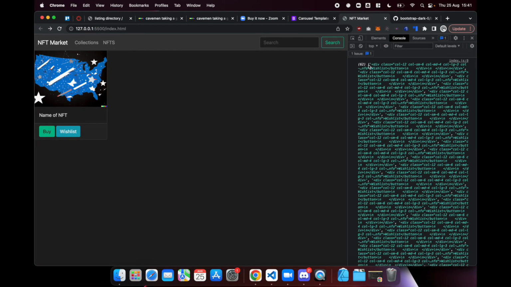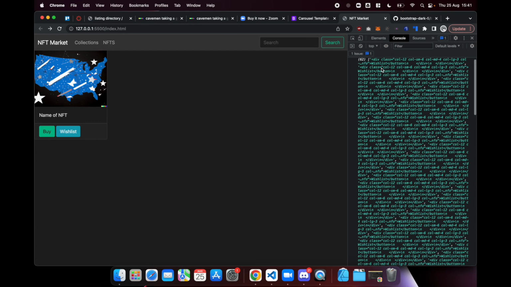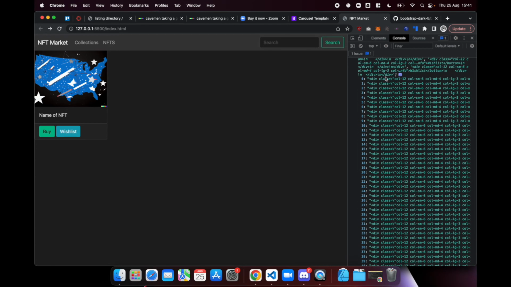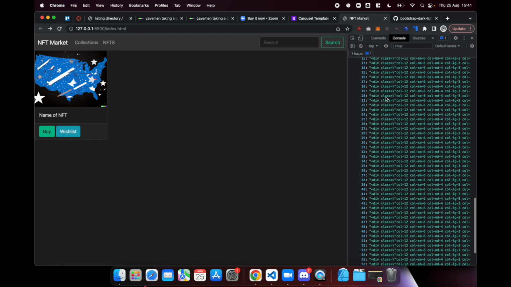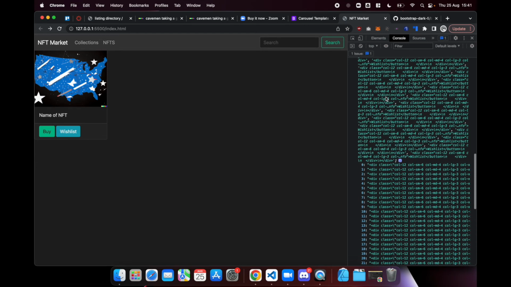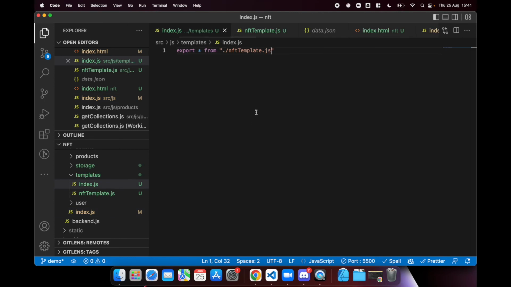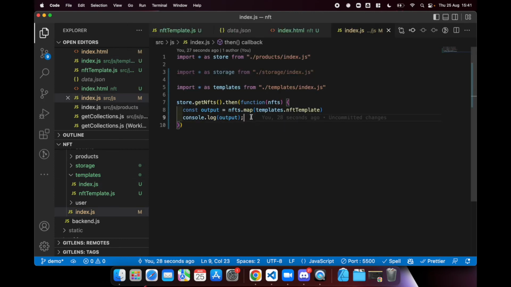And if we look here, we can see an array with 62 items, which is the same as the number of NFTs we have. We can see very clearly that everything is as we want it to be. Nothing's been added to the page because we haven't called inner HTML, but at least we have our content here. And if we did want to add it to the page, we could say